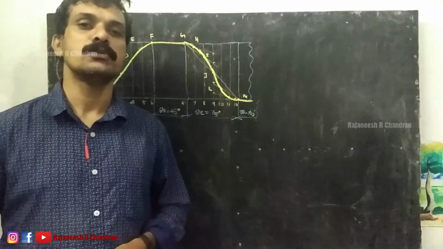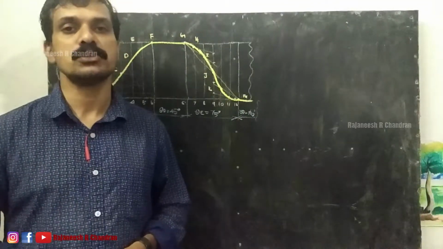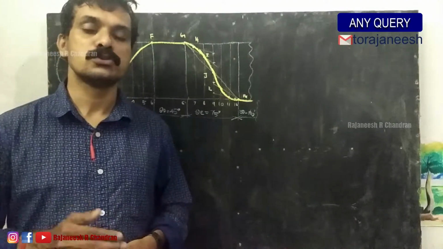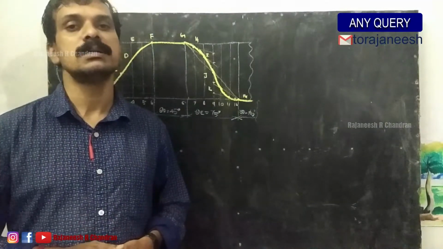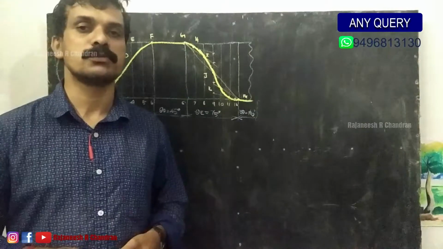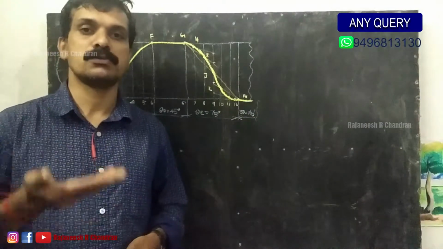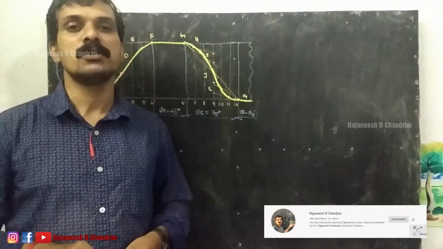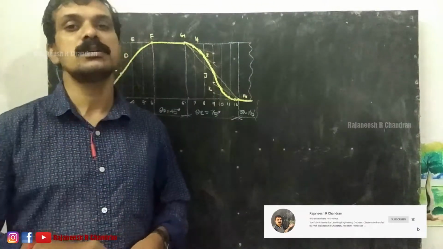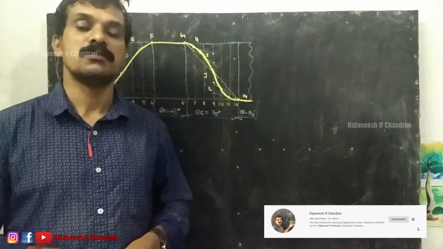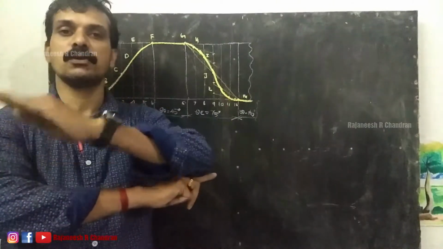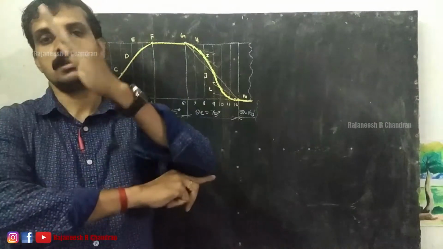And in this video, we are going to study the construction of a cam profile for an oscillating follower. So far we have learned about the construction of a cam profile for a reciprocating follower. That means the follower is moving like this. And in this video, we are going to study the construction of a cam profile when the follower is oscillating. That means if this is the follower, it will be oscillating.